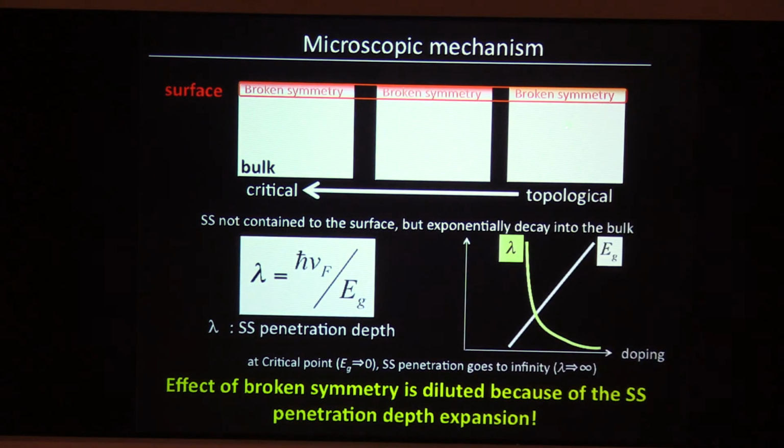But as you go from the topological to the critical point, the band gap is closing. The effective penetration depth of the surface state electrons goes as 1